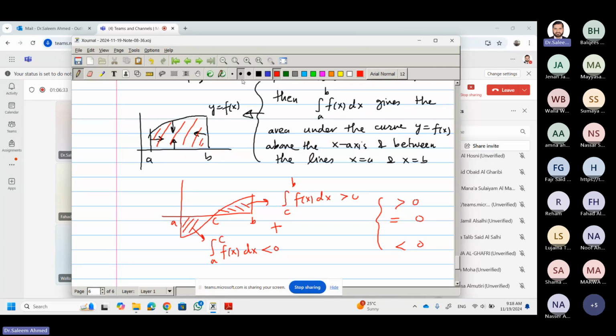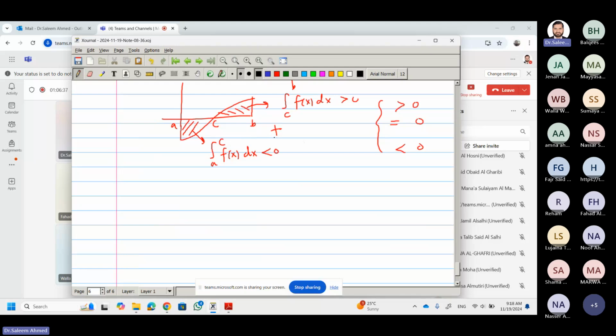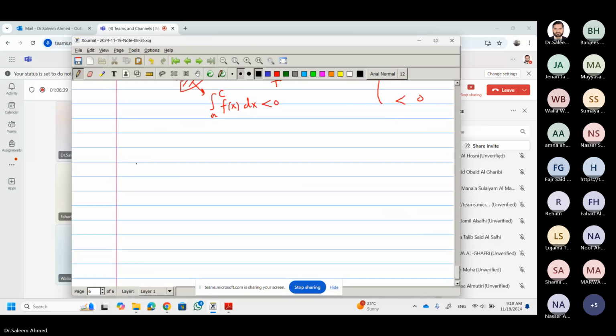So you may not be using this if your f(x) is 0 somewhere. So what we do is this. If f(x) is negative, let's say on some interval a to b, then the area above... because now if f(x) is negative, it is down there, right? Now the area between this and the x-axis, if you want to find this area,